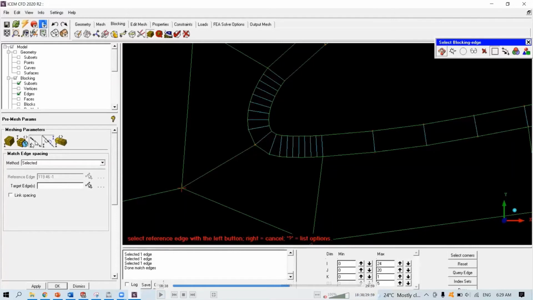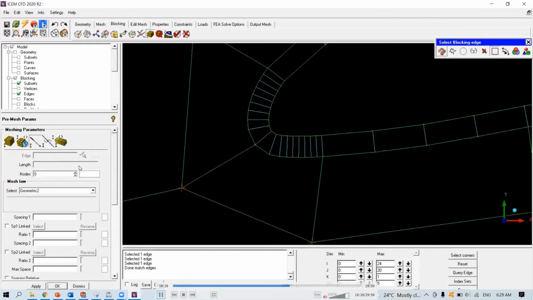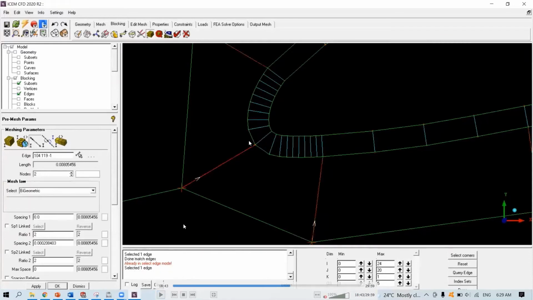Okay, now I can select this one here, the third one. Remember that since just now we selected copy parameters, we have shared the spacing from the biggest one here from this edge to the start of this edge, it will be the same throughout all parallel edges. So you don't need to do it for each and every one of them. See, now your spacing 2 is being filled automatically.